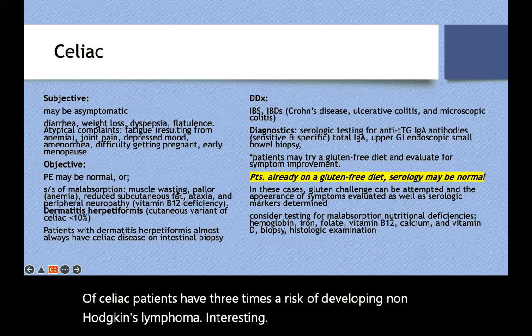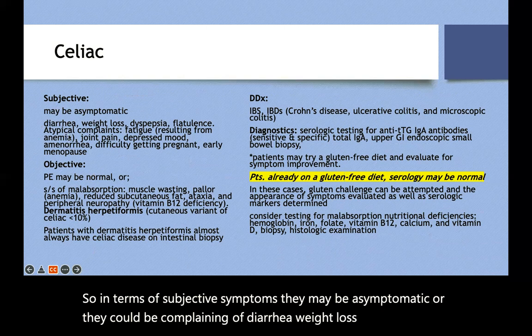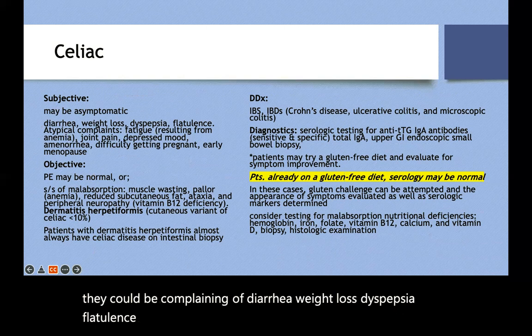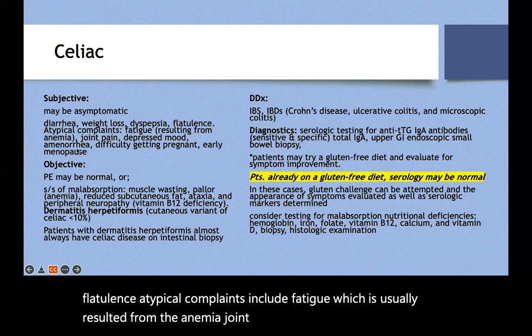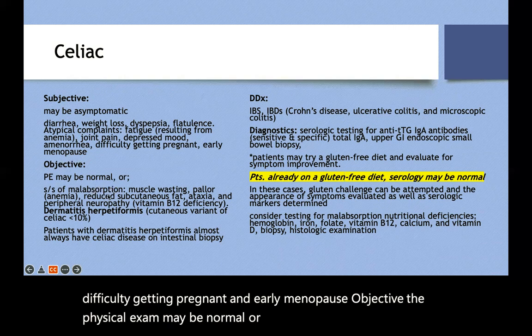So in terms of subjective symptoms, they may be asymptomatic, or they could be complaining of diarrhea, weight loss, dyspepsia, flatulence. Atypical complaints include fatigue, which is usually a result of the anemia, joint pain, depressed mood, amenorrhea, difficulty getting pregnant, and early menopause. Objective, the physical exam may be normal, or they may have signs and symptoms of malabsorption,